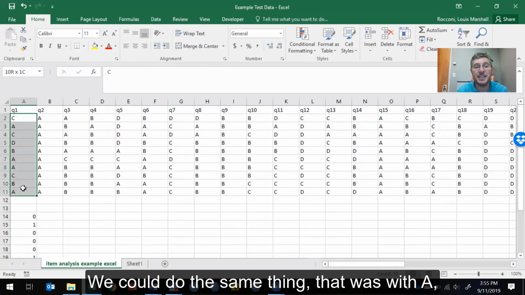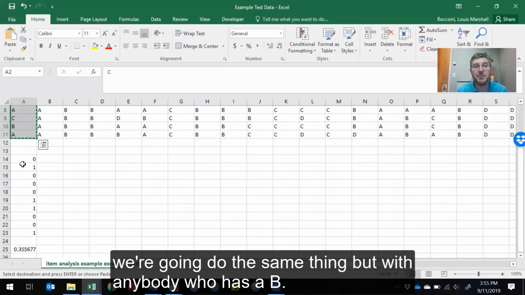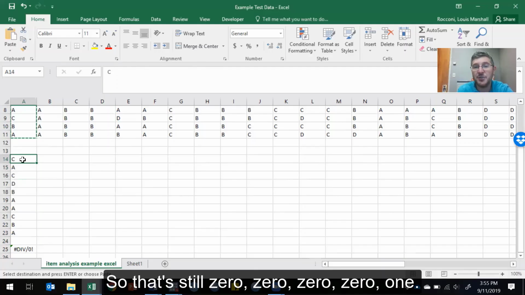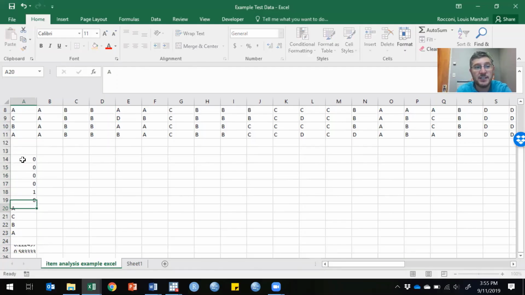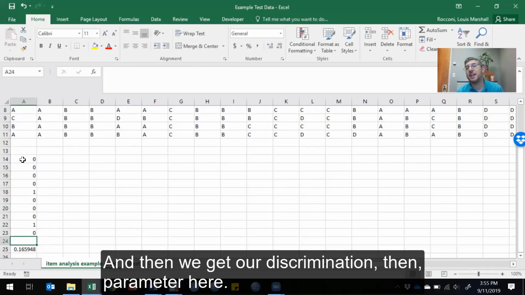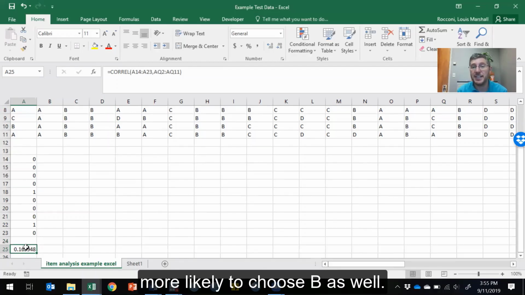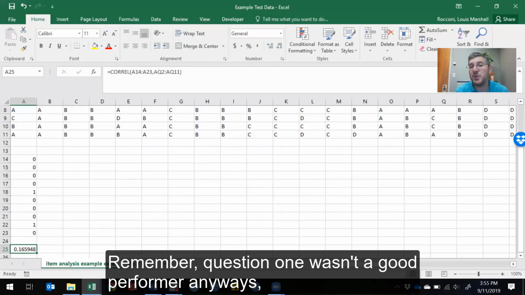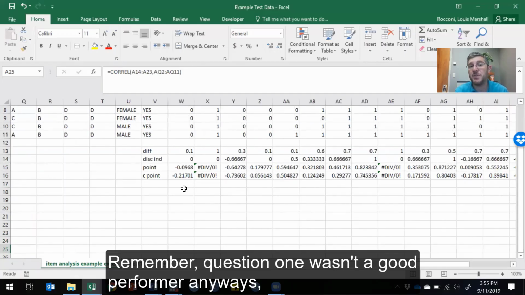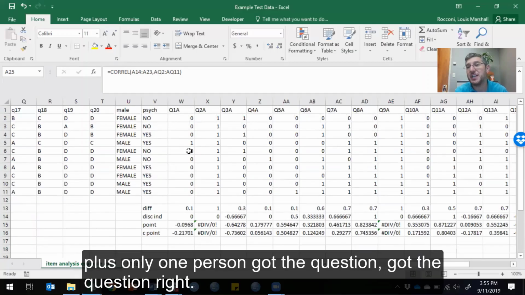We could do the same thing that we did with A, but with anybody who has a B. So that's still 0, 0, 0, 0, 1. And then we get our discrimination parameter here. So higher ability students were, again, more likely to choose B as well. Remember, question 1 wasn't a good performer anyways. Plus, only one person got the question